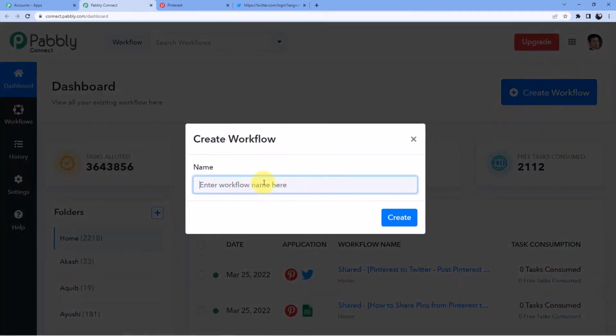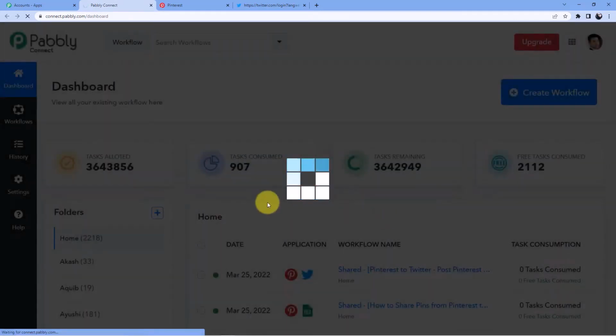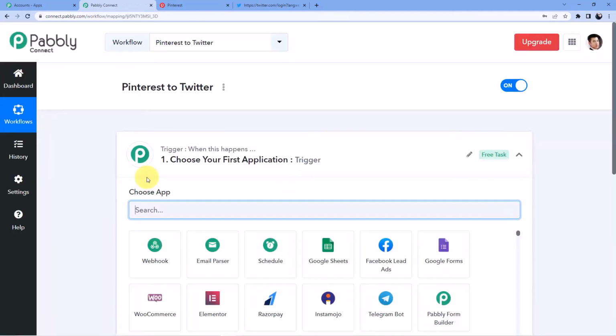Now I'm just going to give it a name. Pinterest to Twitter. Now I am connecting my Pinterest to Twitter. That is why I am giving it this name. You can name it whatever you want to. Let us just click on create, and as soon as you click on create, you will see you will